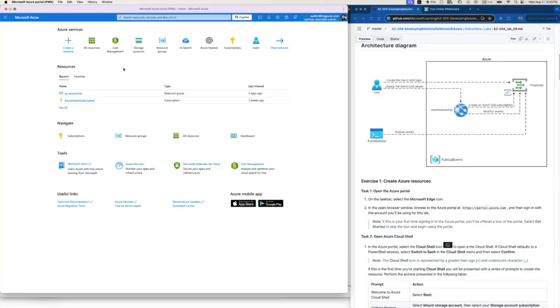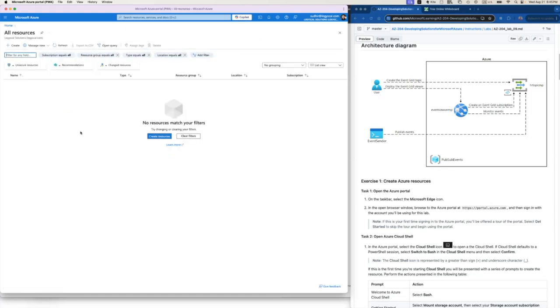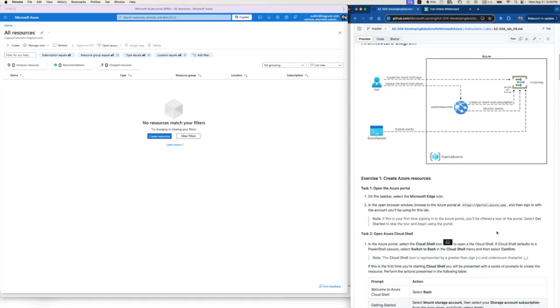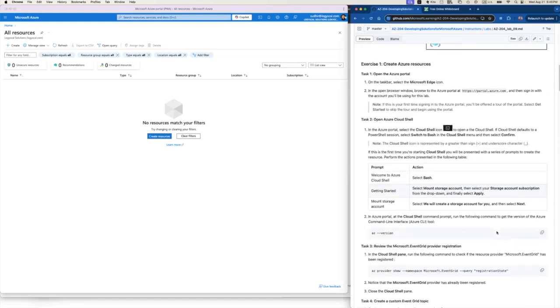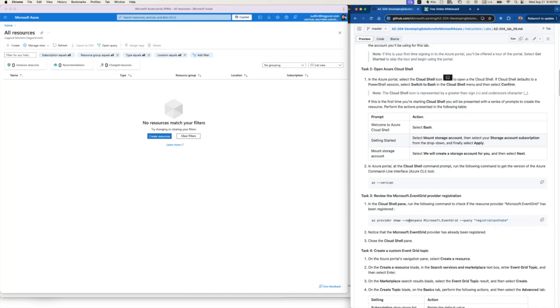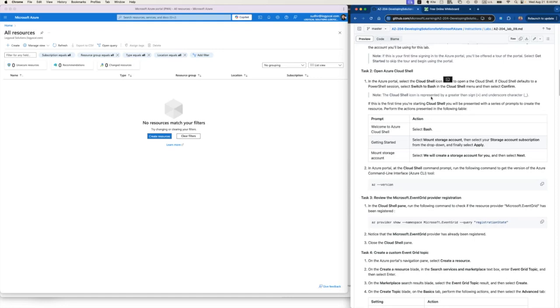So we'll go back to our portal and see if I have any resources already. Well, I have deleted everything, so we'll go from zero. Whenever we are dealing with a messaging system, or this kind of Event Grid, the first and foremost thing is that we have to register the Event Grid to our system, the account itself, whichever subscription we have, right? So for that, we have to go with the